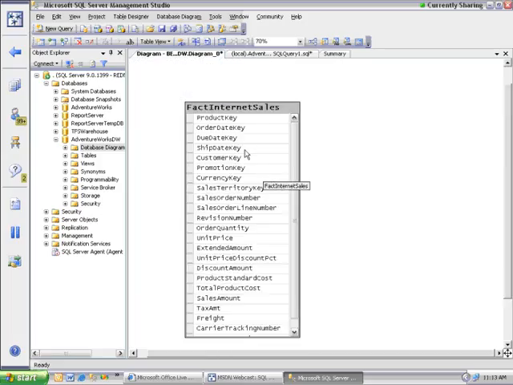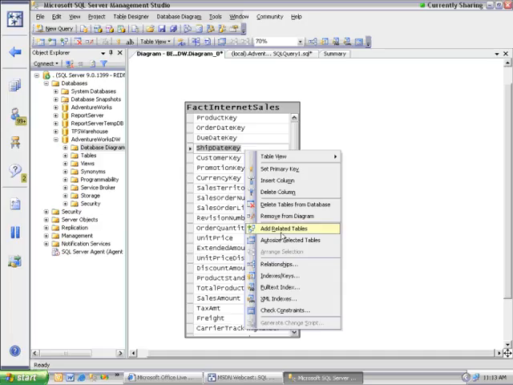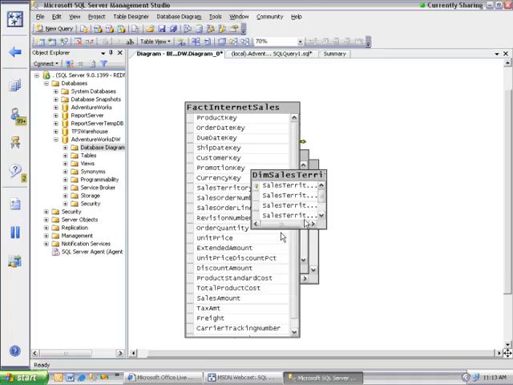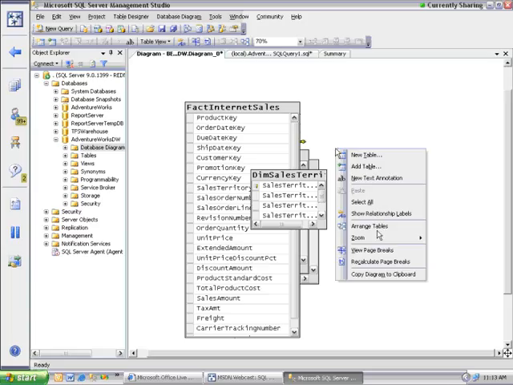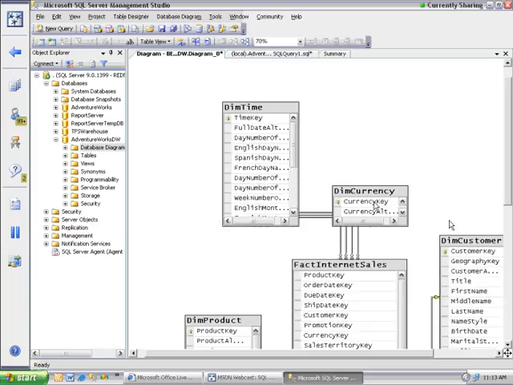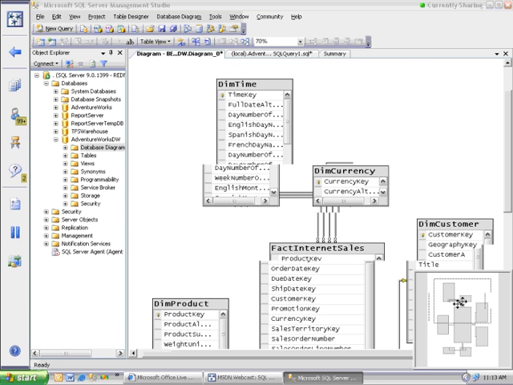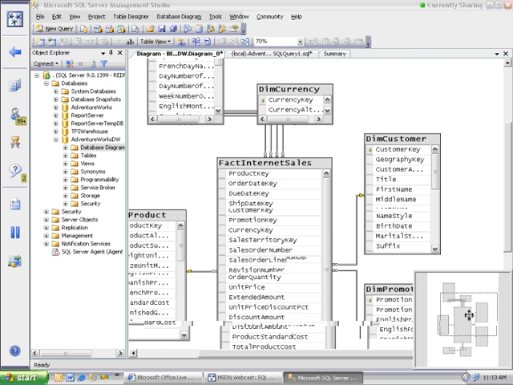Now, just looking at this, I can right-click, and we're going to add related tables to this, which goes to the initial set of foreign keys and actually pulls it back in and lays it out on my diagram. Now, we'll also right-click and rearrange these tables. But the idea is that we want to be able to see this. If we were to zoom out, you wouldn't be able to read this, which is why the nice little navigator down in the right-hand corner